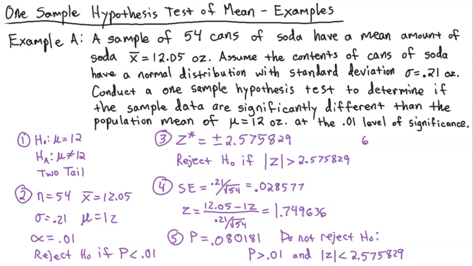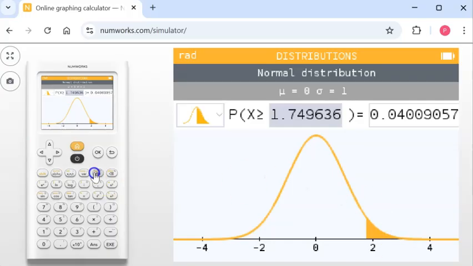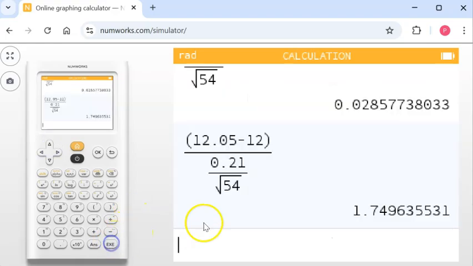The last step we're going to do is a confidence interval. And the way we're going to do the confidence interval is x bar plus or minus, we have to do both of them, the z star times the standard error. Now this z star times the standard error gives us the margin of error. Okay, so let's do that. Our z star here is 2.575829, and we're going to multiply that by the standard error, 0.028577. So we'll go over here to the calculator, and we'll do